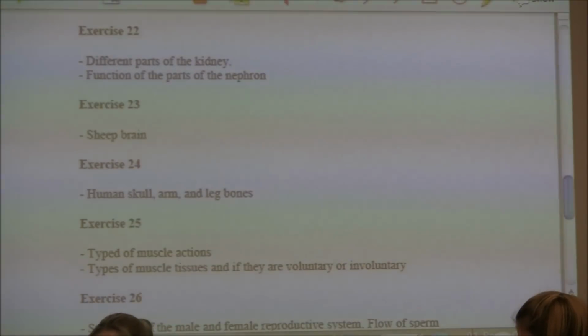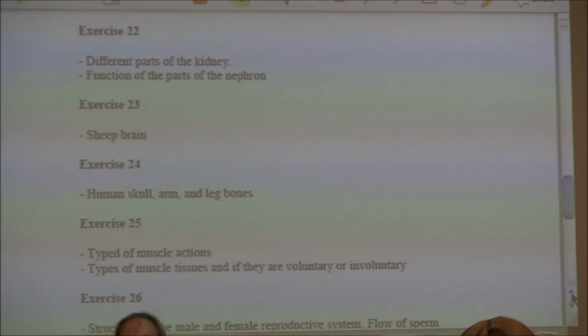It's a lot, yes. Okay, exercise 22. We ready for that, guys? Different parts of the kidney. Model on the side with a green background. Make sure you have a picture of it. Make sure you know the parts from the list given to you